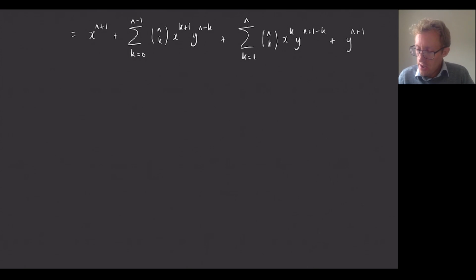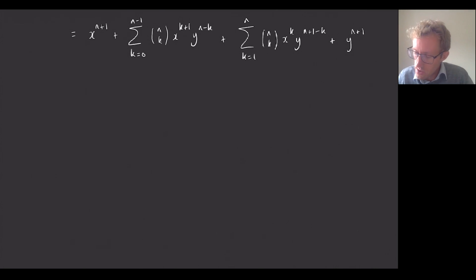And then you need to realize that the k that's in these sums is just like a dummy index. We could call it something completely different. It's only sitting there inside the sum. It doesn't matter if we write it as something else. And so I'm going to change the index in one of these sums so that it looks the same as the index in the other one.